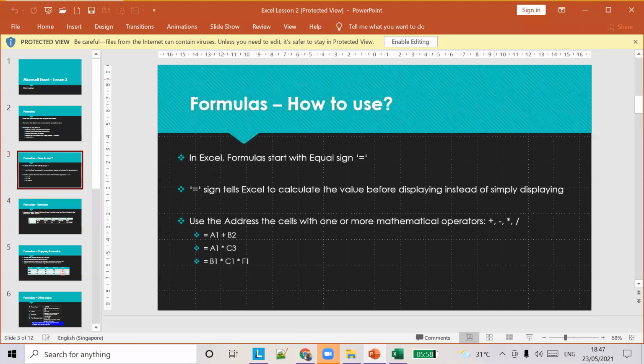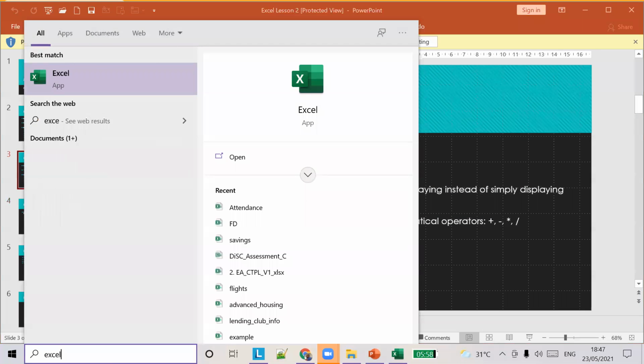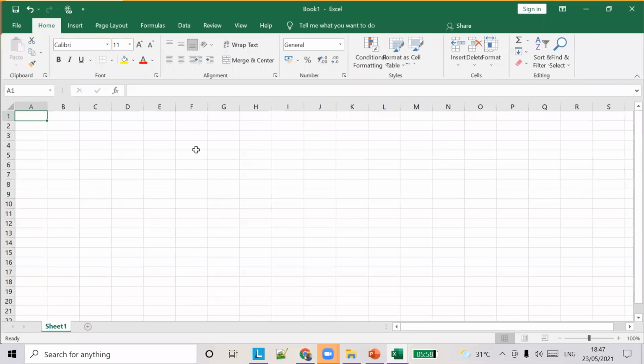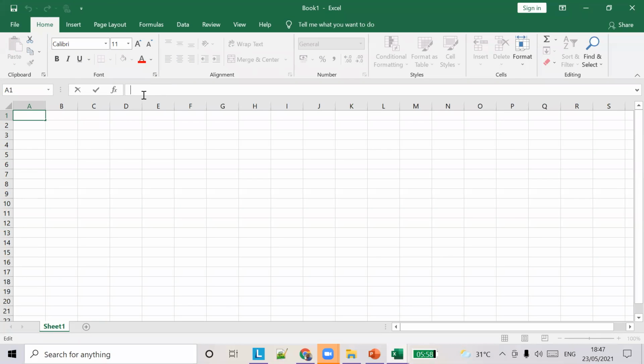So this is the sheet. This is called the formula bar. We learned this last class itself. This is the formula bar, where we type the formulas. Okay, let's try a simple formula first. Let's say we want to add the values in cells A1 and B1 and display the result in cell C1.